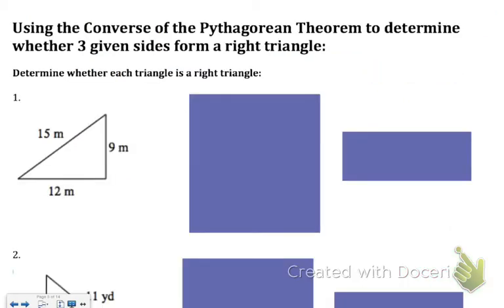The next part of our lesson for today is how to use the Pythagorean theorem to prove that the 3 given sides of a triangle makes that triangle a right triangle. So if we substitute these values and we